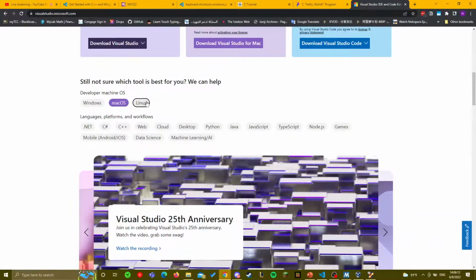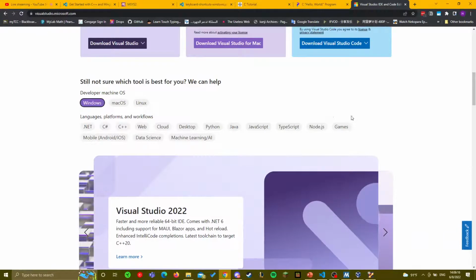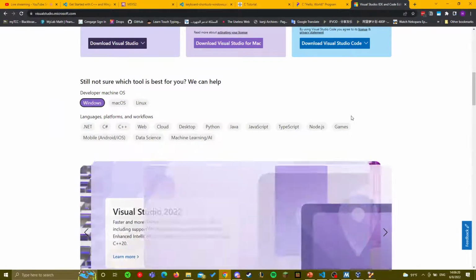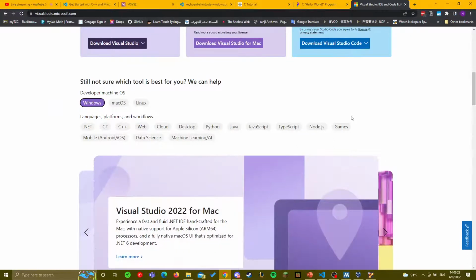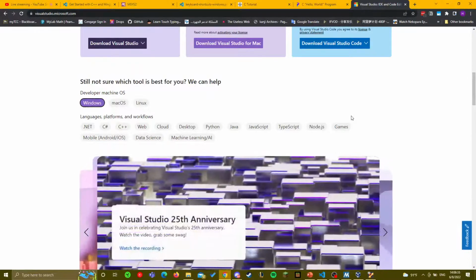If your language is not on this list of ones that are supported, they might add more in the future, but if you work on anything but what is included here, Visual Studio won't work for what you're trying to do. It doesn't give you that opportunity. There are ways to get around it, but it's just more of a hassle. VS Code makes it very easy to bring in extensions.